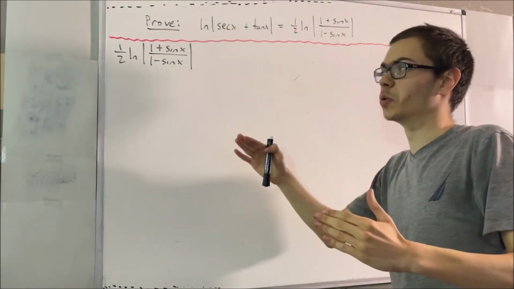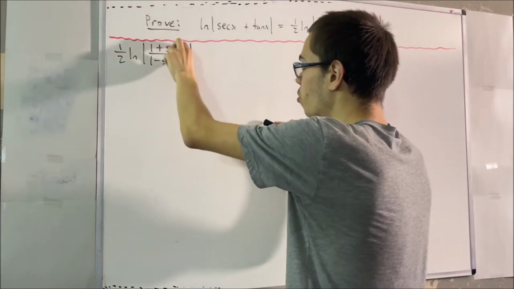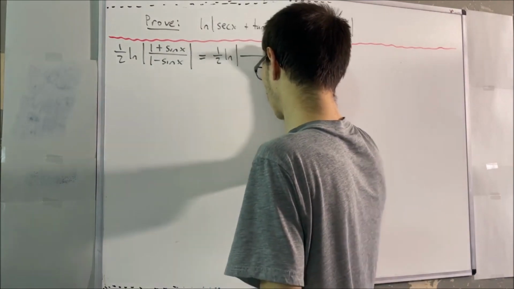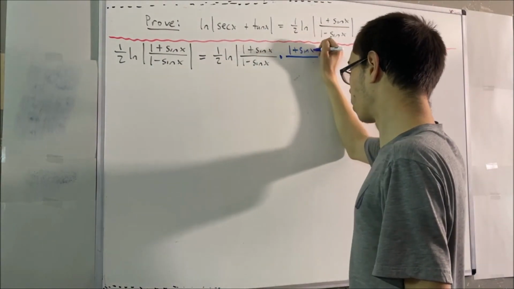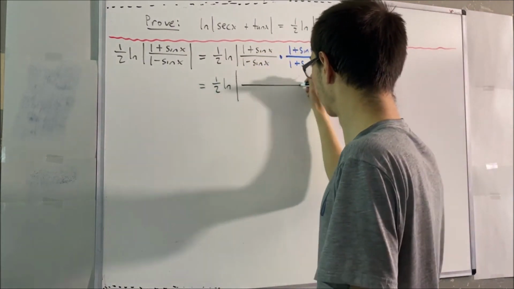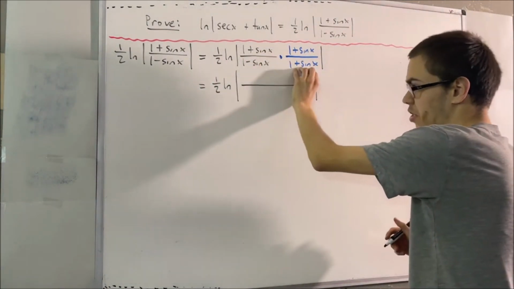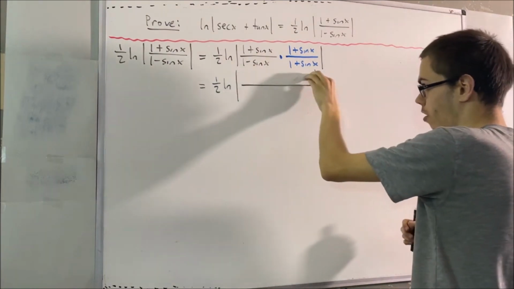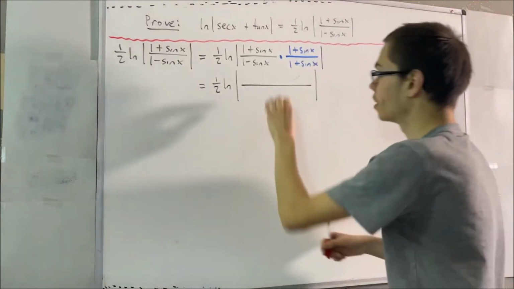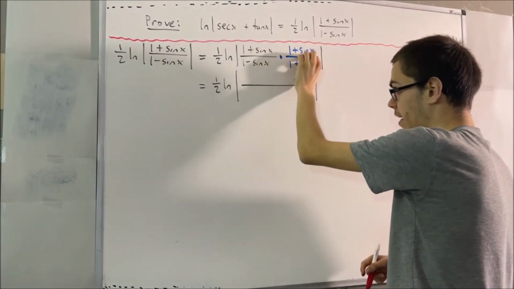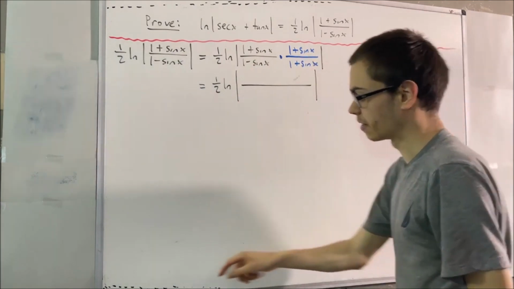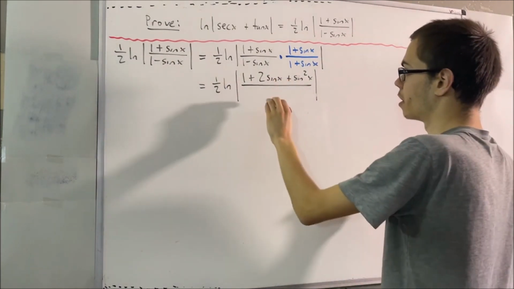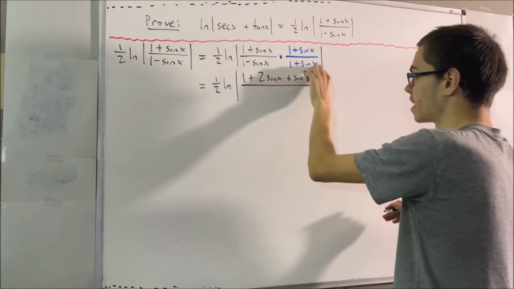Now, the first thing that we're going to do is we're going to multiply both the numerator and denominator by 1 plus the sine of x. So when we multiply these two fractions, we're overall going to get a single fraction. So then what are we going to get in the numerator? Well, essentially, we're going to be doing 1 plus sine x times 1 plus sine x. If you do that, you're going to get this. And as for the denominator, if you do 1 minus sine x times 1 plus sine x, that will